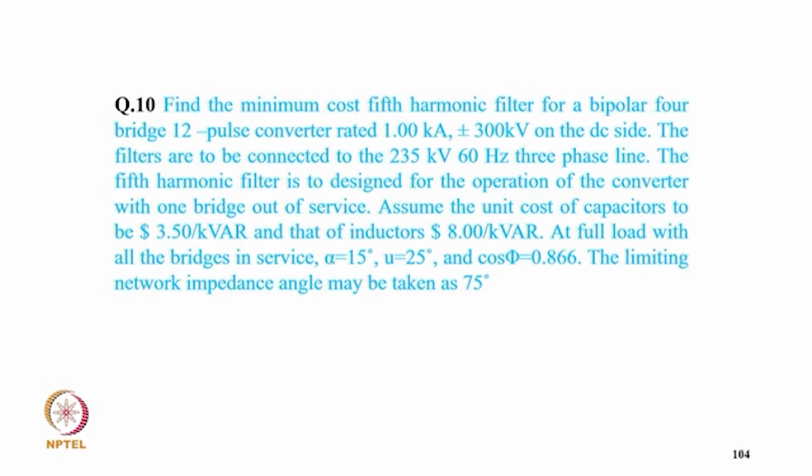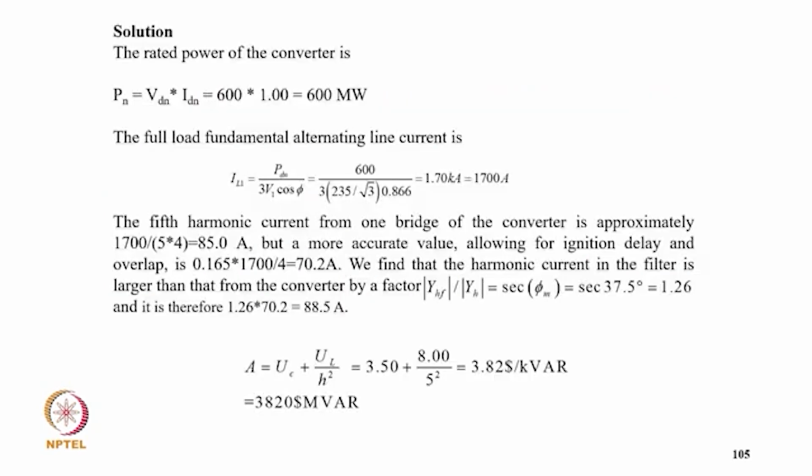Assume the unit cost of capacitor to be $3.5 per kVAr and of inductor $8.8 per kVAr, at full load with all the bridges in service, alpha equal to 15 degree, mu equal to 25 degree, and cos phi equal to 0.86. The limiting network impedance angle may be taken as 75 degree. So coming to the solution, the rated power of the converter is Pn equal to Vdn into Idn,